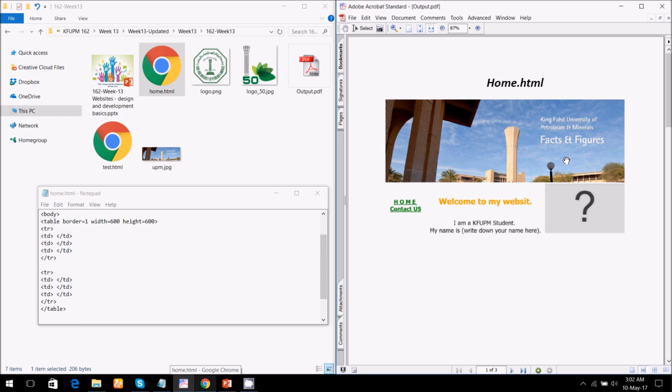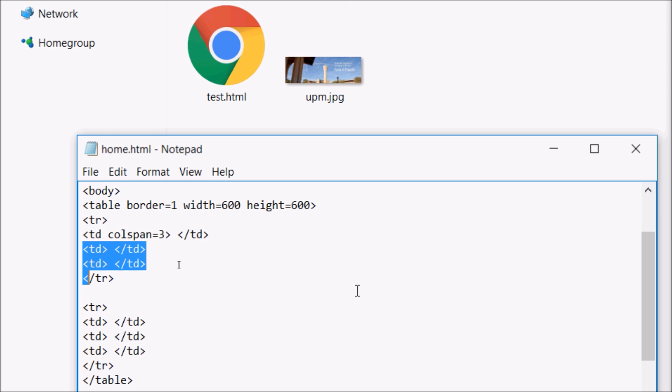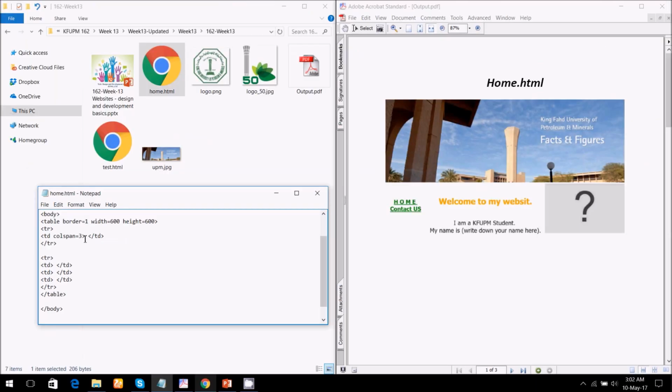Now we'll merge all the 3 columns of the first row, because in the output we can see the 3 columns have been merged and the picture is inserted. So we'll use the tag attribute called colspan inside the column, in the first column. So we'll write down colspan equal 3. That means we are combining 3 columns together, so we can delete another 2 columns here now,